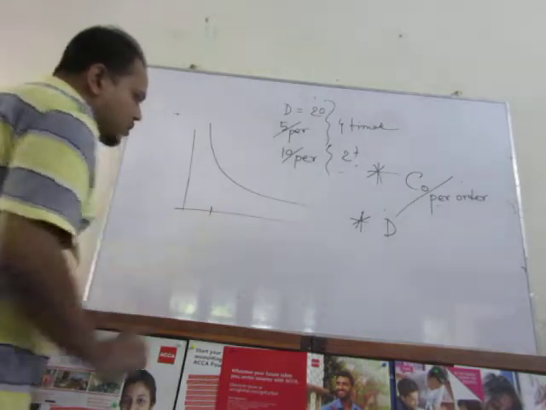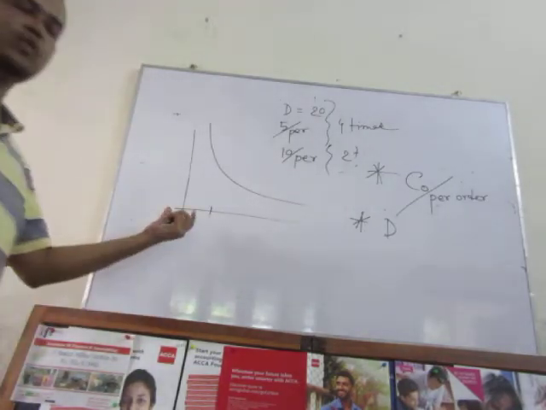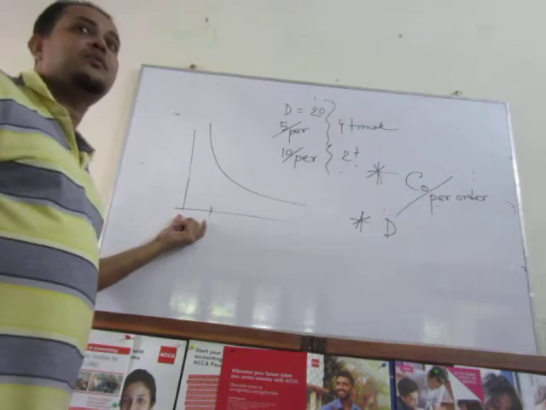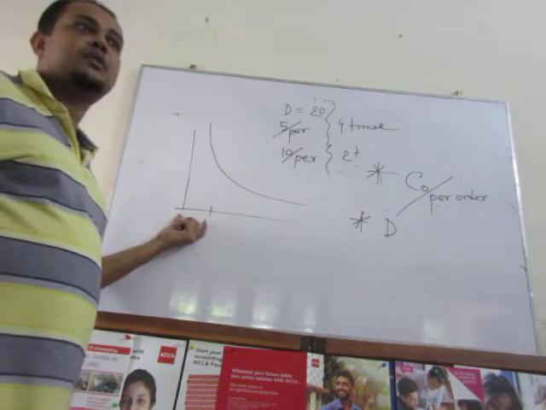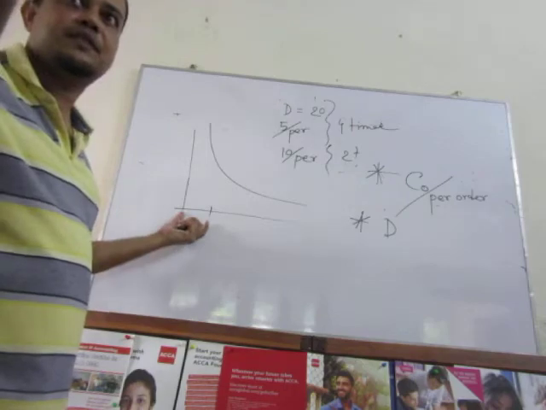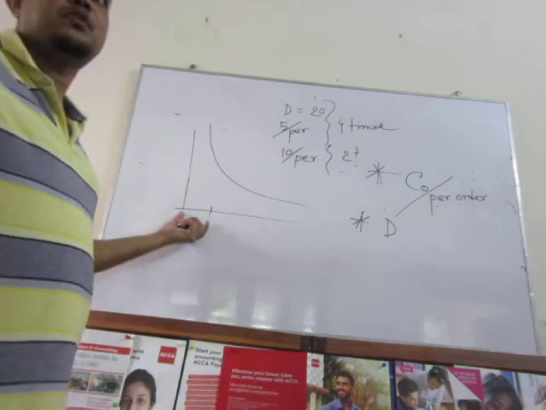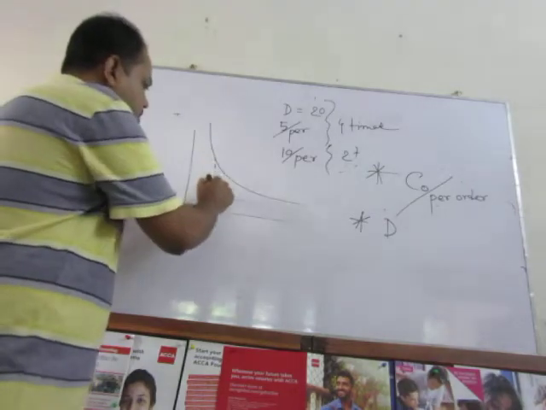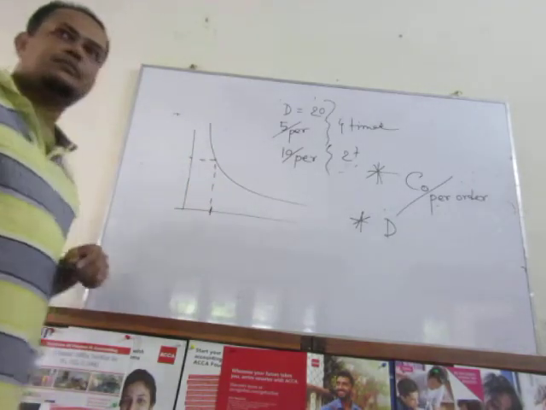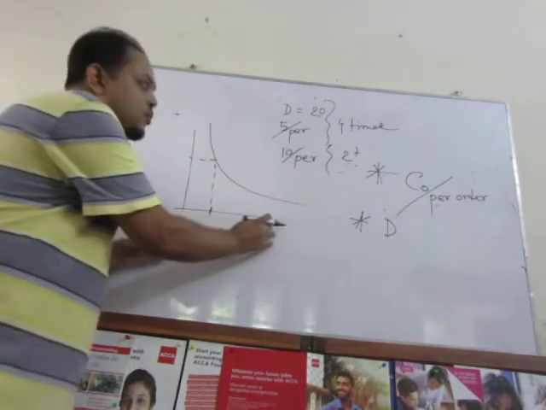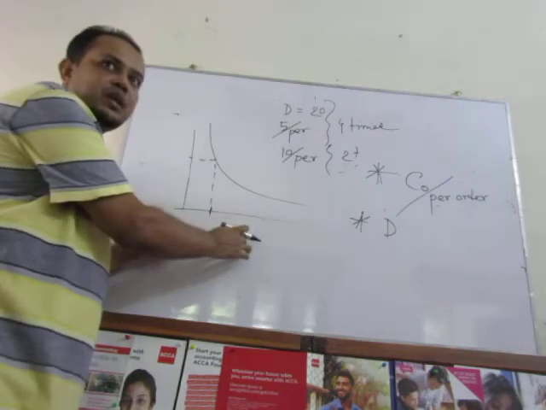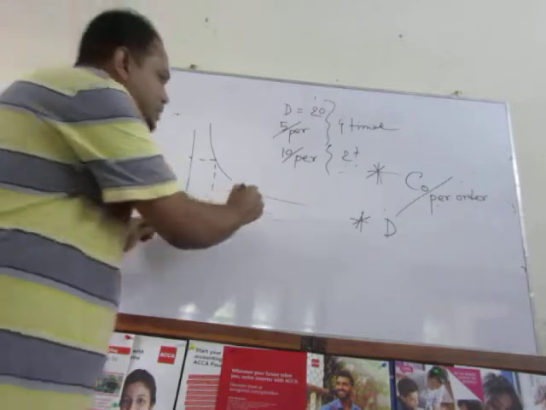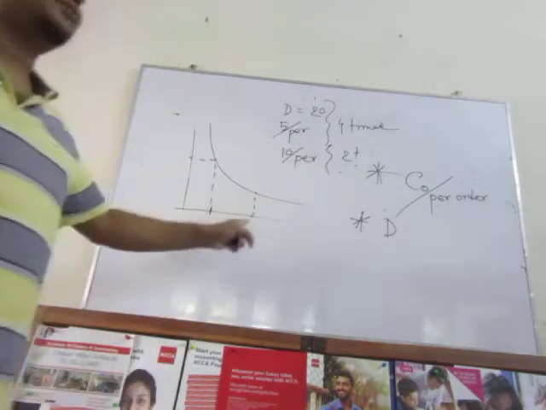When you are ordering 4 metric ton, previously 5 metric ton, your number of orders is 4 times. Each time there is a specific ordering cost, suppose for example 2 taka. In that case, 4 into 2, 8 taka is required. But as you are ordering more, 10 metric ton, the number of orders is reduced. Your total ordering cost is 4 taka.